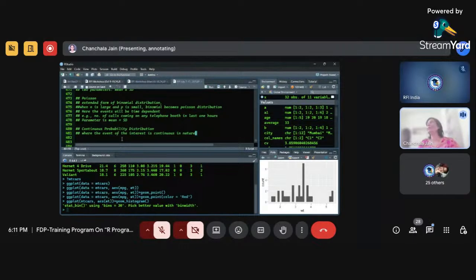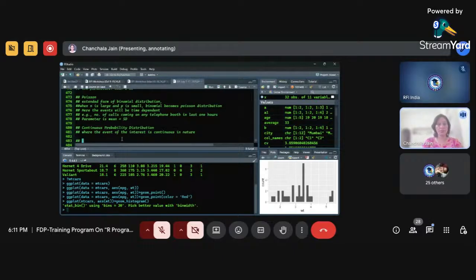Say for example, if I'm studying the height variable, weight variable, time variable, age variable, salary variable. So the variables which can be expressed in the form of continuity, the probability of those kinds of variables you can find using the continuous probability distribution. Here there is a very famous distribution named the normal probability distribution,